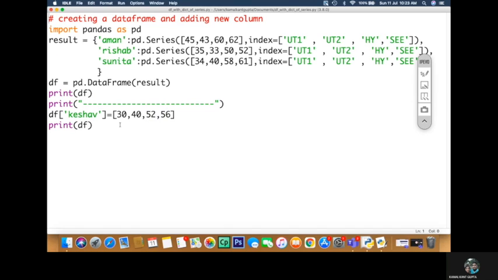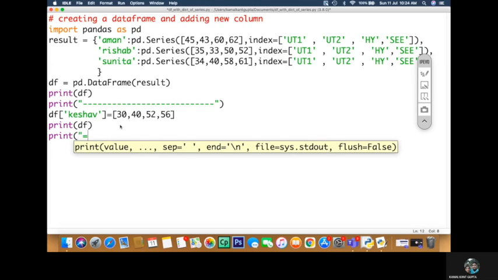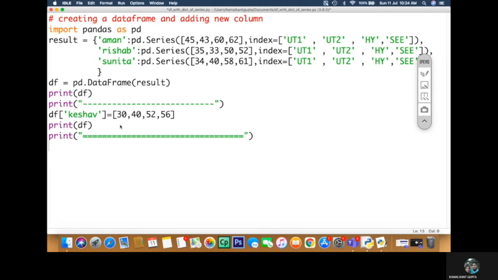It's quite easy. Simply you have to write here print df.loc at UT3 will be equal to, and you have to pass the values for all the students.